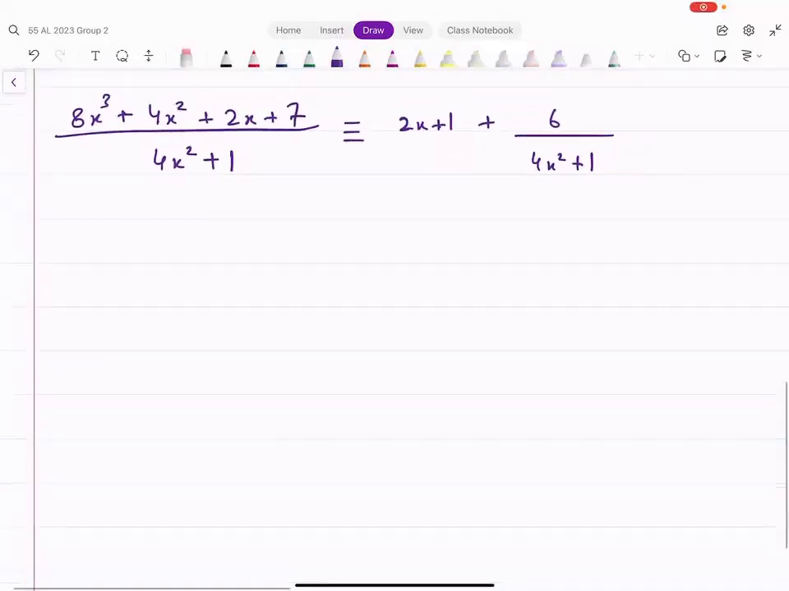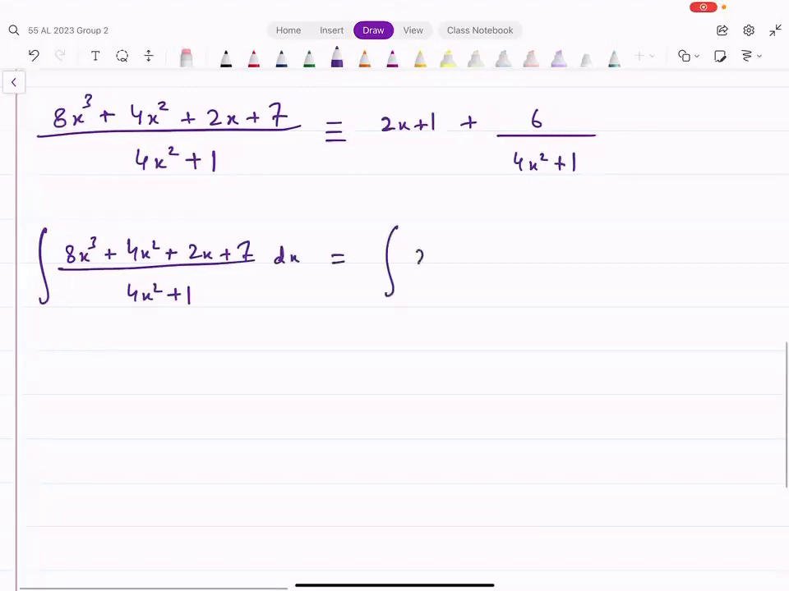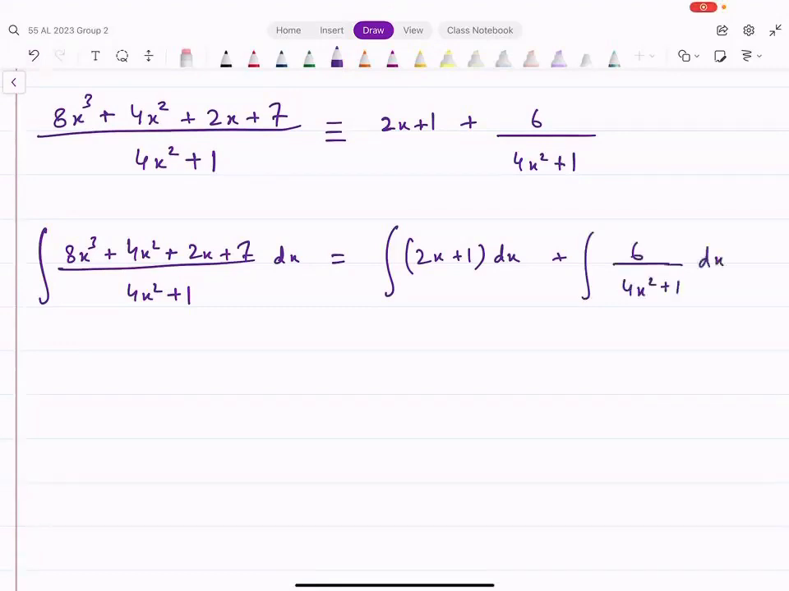Now let's do this integration. 8x cubed plus 4x square plus 2x plus 7 divided by 4x square plus 1. ये हमें इंटीग्रेट करना था. हम क्या करते हैं, इसको ब्रेक कर लेते हैं. हम कहते हैं let's integrate 2x plus 1 separately and let's integrate 6 over 4x square plus 1 सेपरेट, ये अलग से इंटीग्रेट कर,